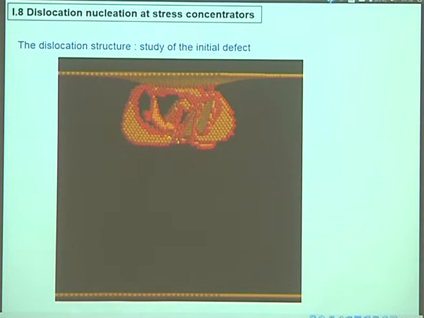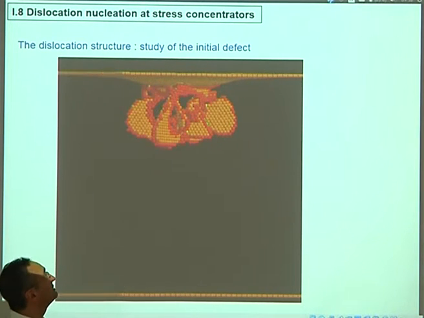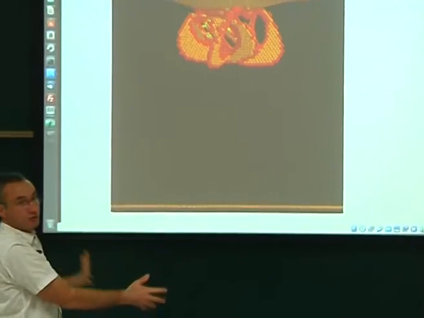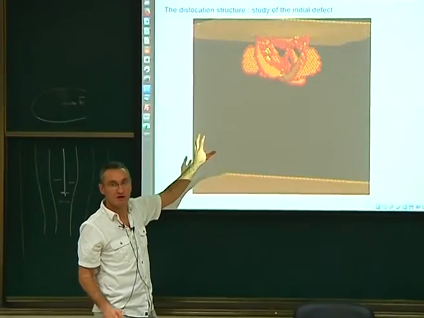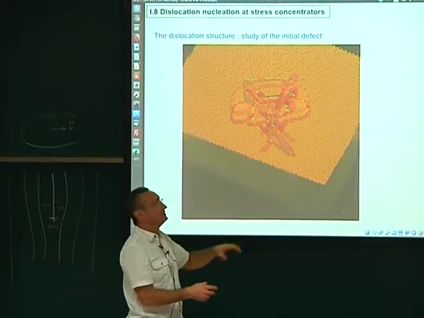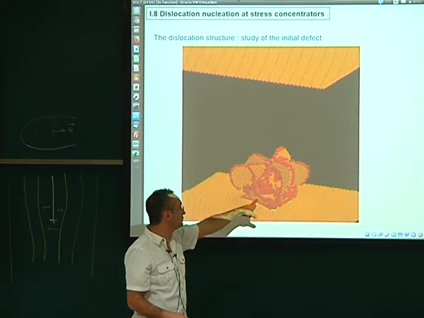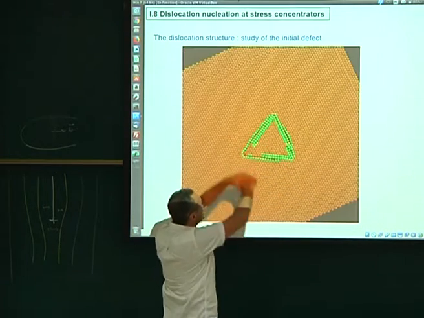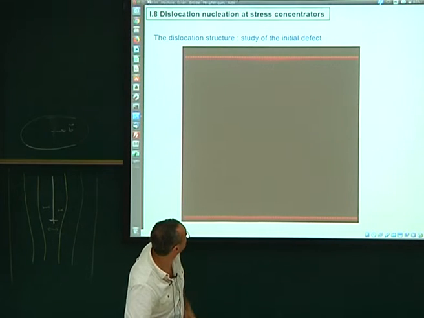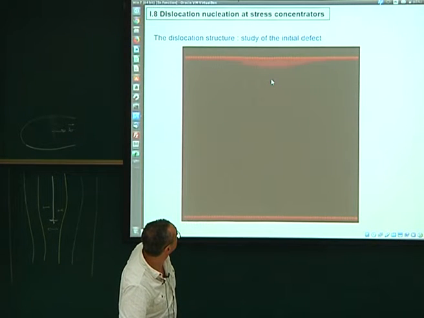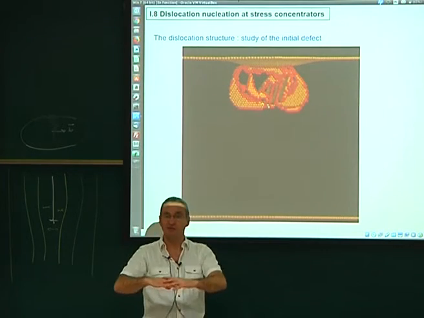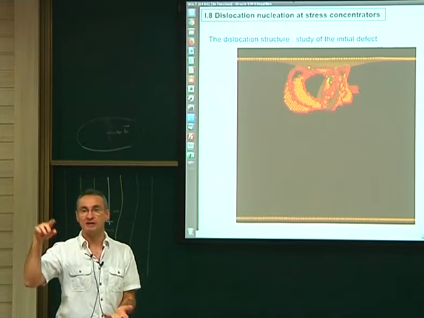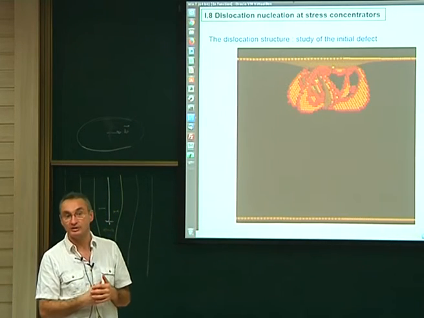I did the same test as experimentally. A big sphere was applied on the top of a set of atoms. The atoms are not represented here if they are perfect. If they have been moved, then we plot the atoms. The coloring is just the number of neighbors which are in the correct or not correct position. You can see that when we press on the surface, something appears inside the material. Here, you see, puff, it was nucleated inside the material, not at the surface, where the shear stress is maximum, typically 0.47 times the contact radius, according to Hertz theory.